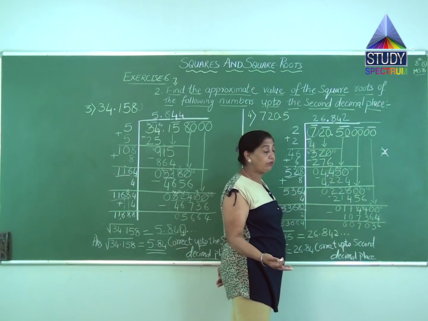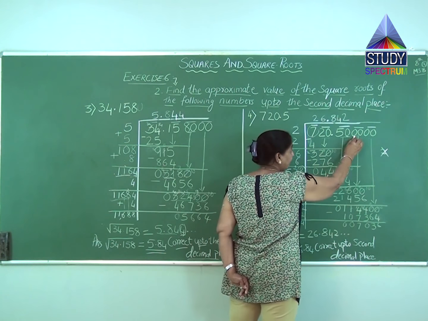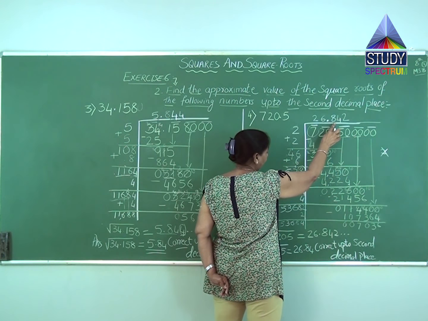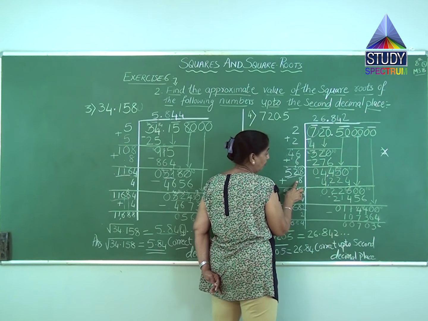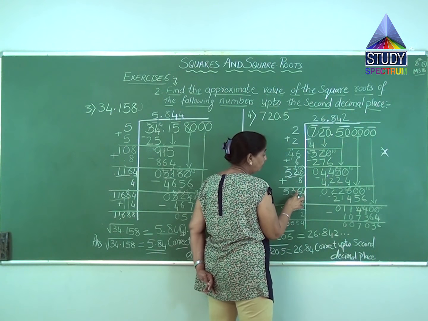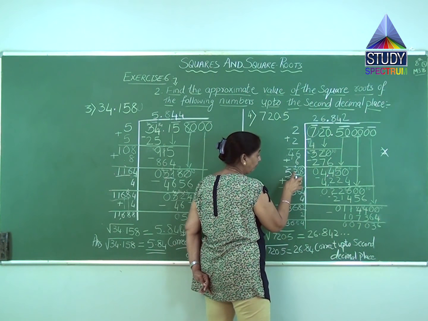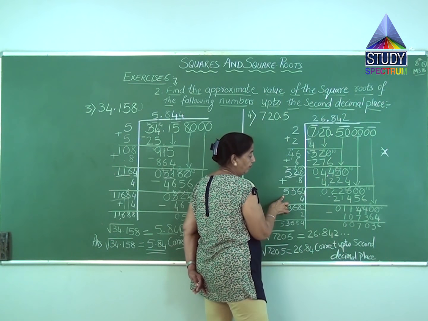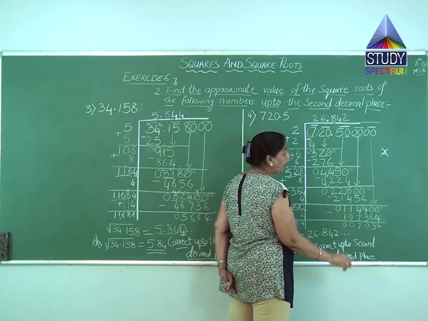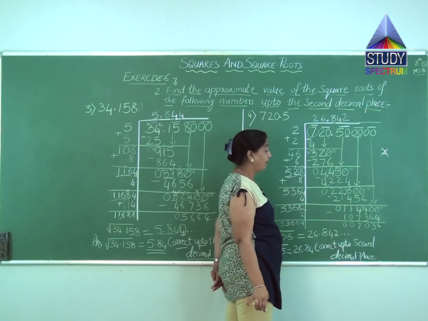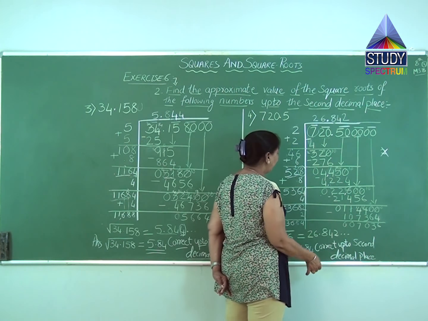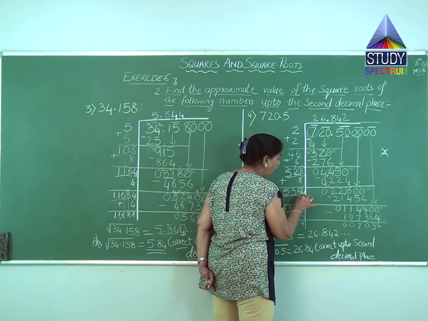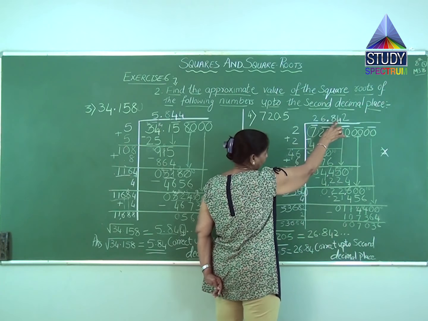Now again, what is the next step? You will bring the next pair below it. And the number which you have taken over here, I will add over here. So 8 plus 8 gives me 16, 1 carry, 2 plus 1, 3, and this 5 I will bring it down. Now here you got 22,600. To solve further, I will take this number is there, 4 over here, and then multiply,